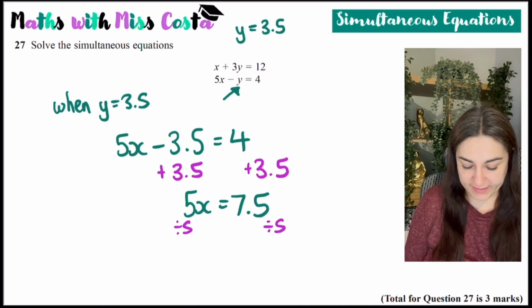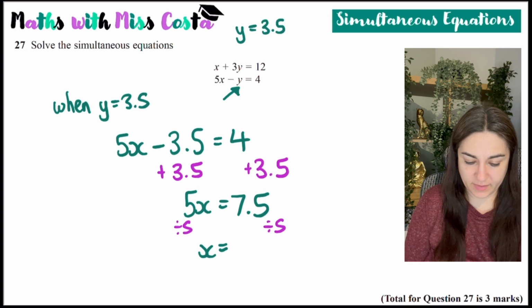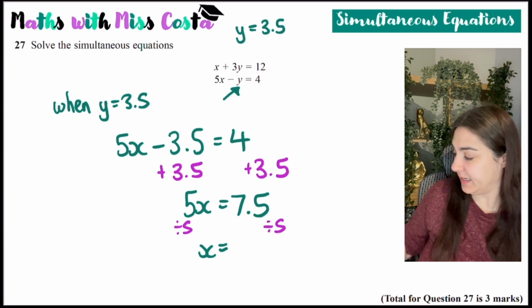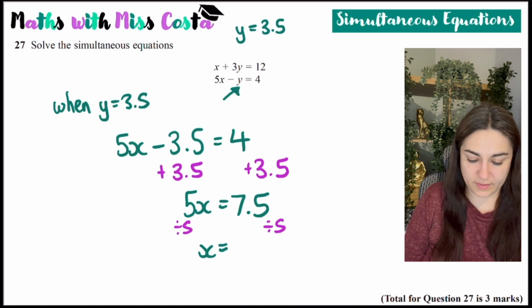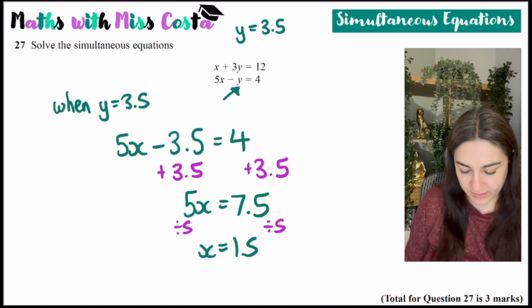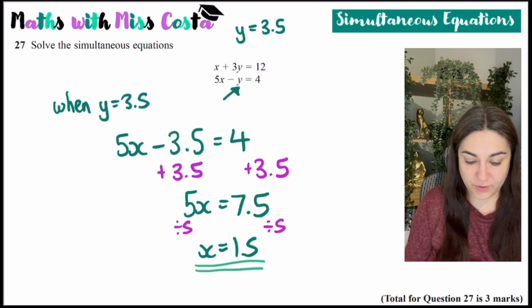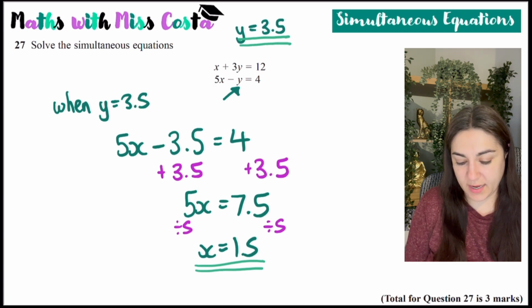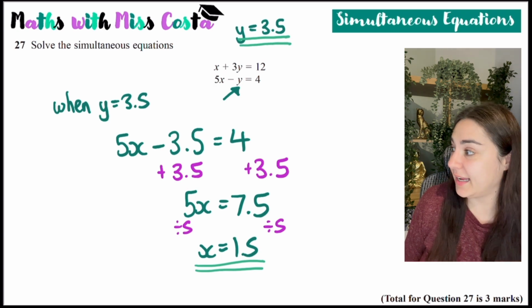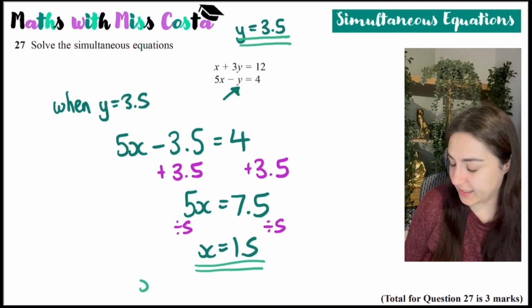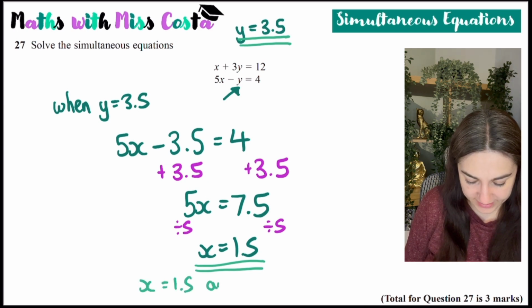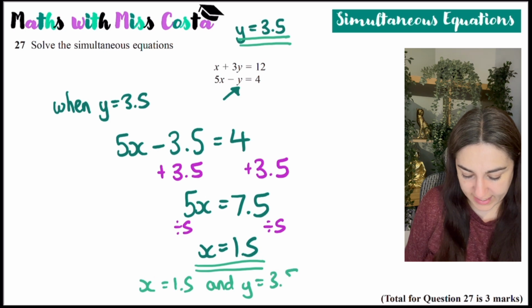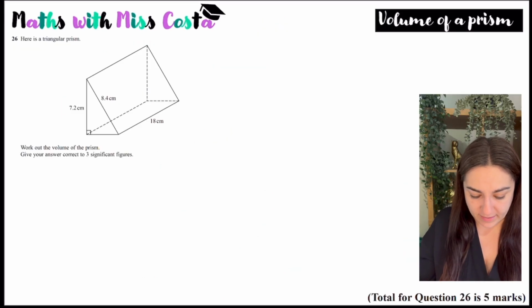I then have to solve it, so I'm going to divide by 5, and then x is going to be 7.5 divided by 5, which gives me 1.5. So to solve the simultaneous equations, you need two things. You need to have told what the x value is and what the y value is. So you just say x is 1.5